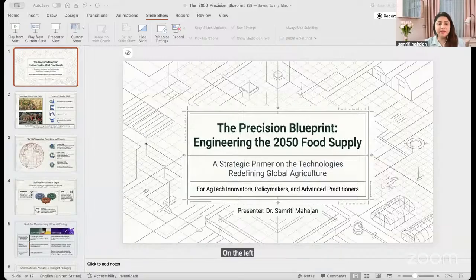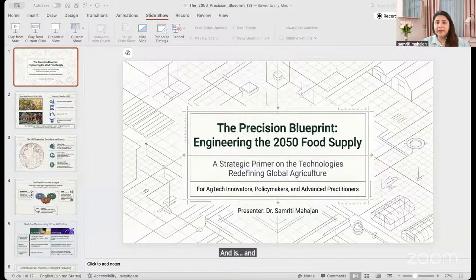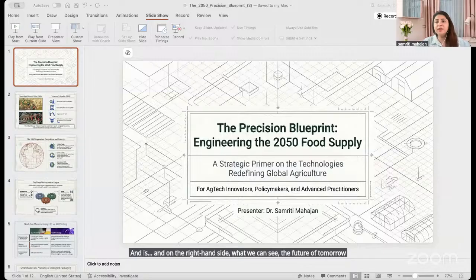On the left, you can see an image from the 1962 Chicago Tribune comic series, also called the Colossal Crops, and what they imagined as outlandish futurism: lab-grown hamburgers, food from 3D printers, drone-delivered produce. And on the right-hand side, what we can see is the future of tomorrow, which is